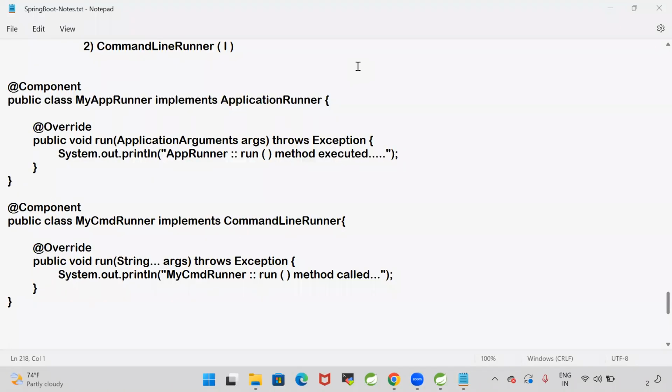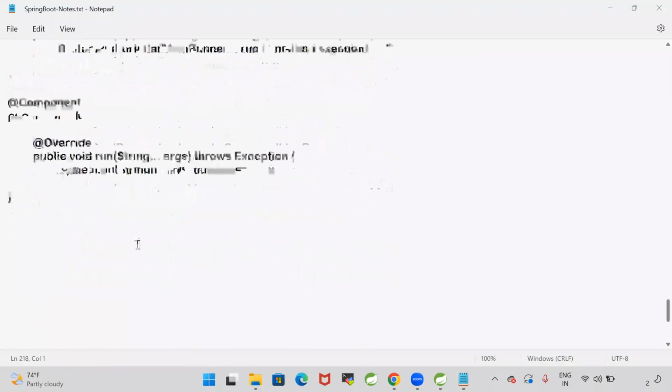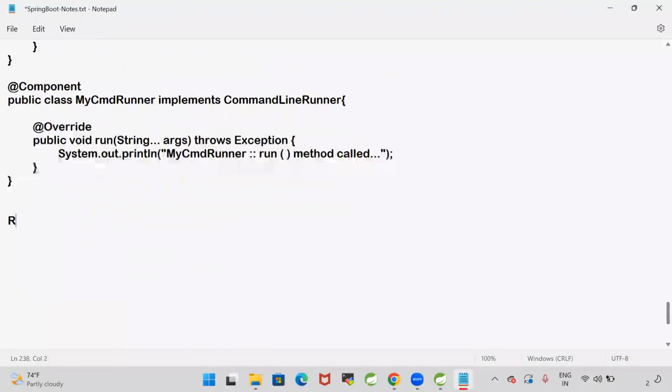Come on, guys. Can you tell me any use case to go for the runners? Use cases to go for the runners. In which scenario do we need to use runners in the project? Now, the first one is loading data